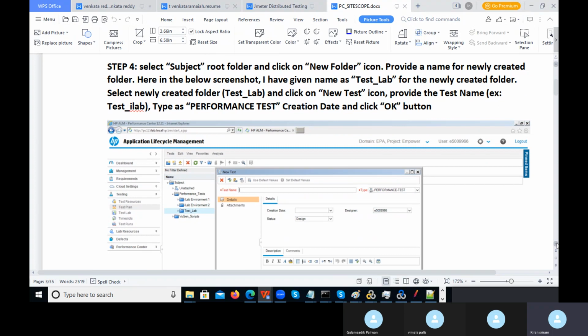After selecting the subject root folder, click on the new folder icon and provide a name for the newly created folder. Here in the screenshot I have given the name as test lab. Then select the newly created folder test lab and click on new test, and